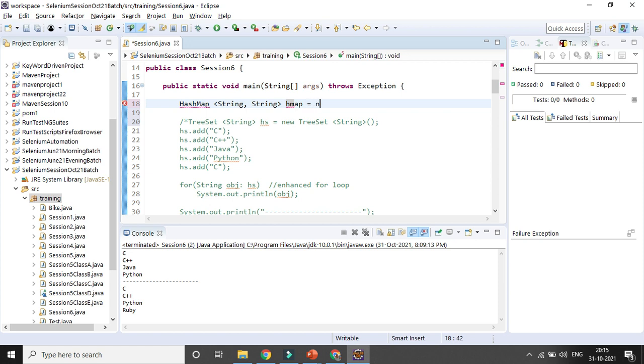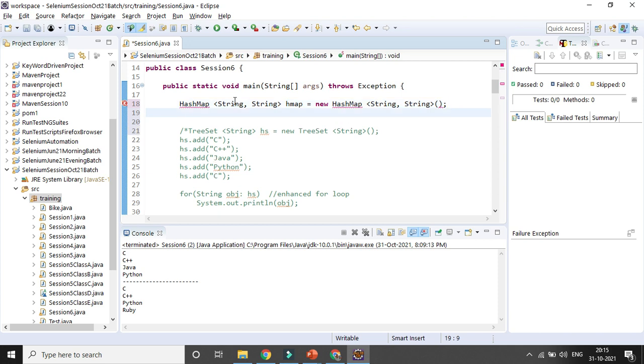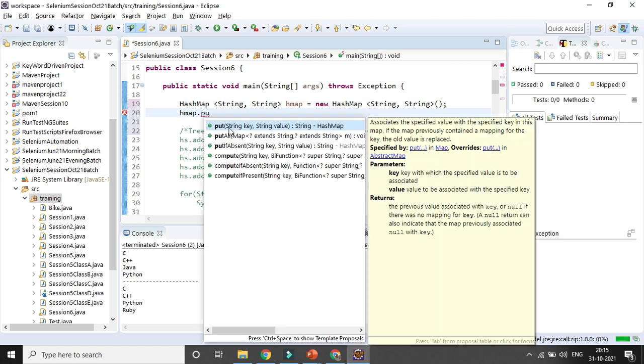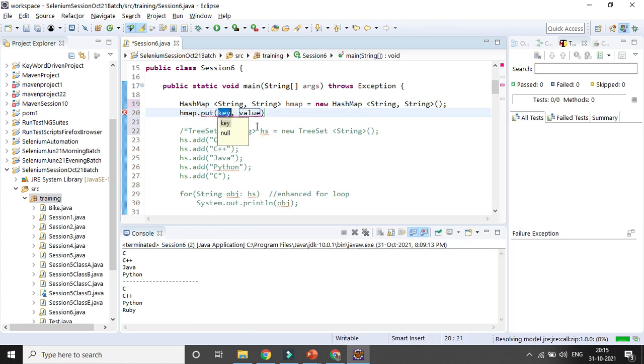Okay, let's import the HashMap. Then, with the variable, I'll use the dot put method here. When you call it, you can see one is the string key and one is the value. Suppose I am using Delhi, the state name, and the language is Hindi. In Delhi a lot of languages can be there, but I am using Hindi.